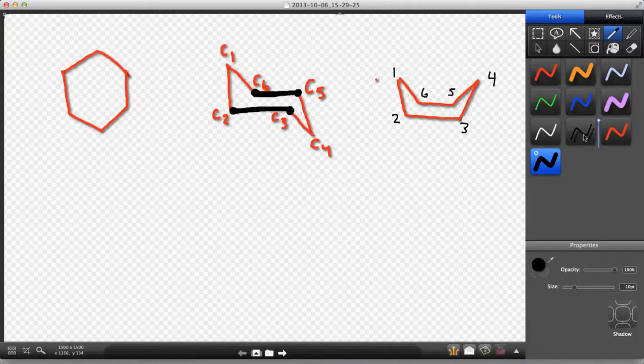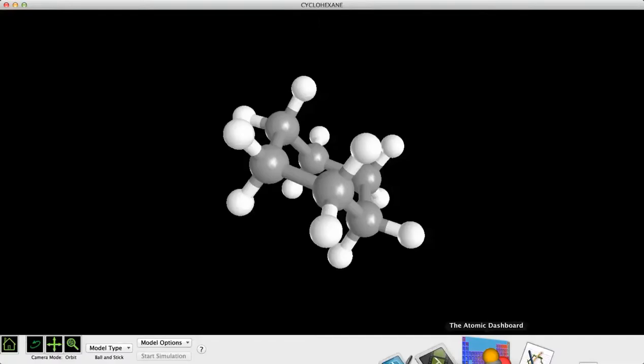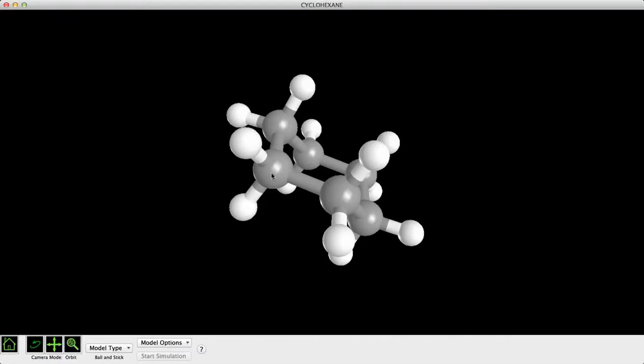So let me go ahead and label these. This is the chair. This is the boat. The chair conformation is actually the lowest energy conformation that we can obtain given the constraints imposed upon it because it is a ring. Again, let's go back to the atomic dashboard, and I want us to look down the